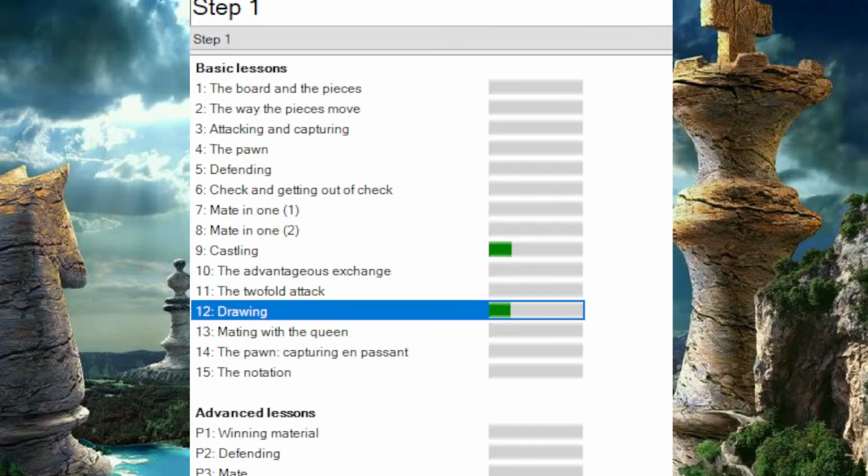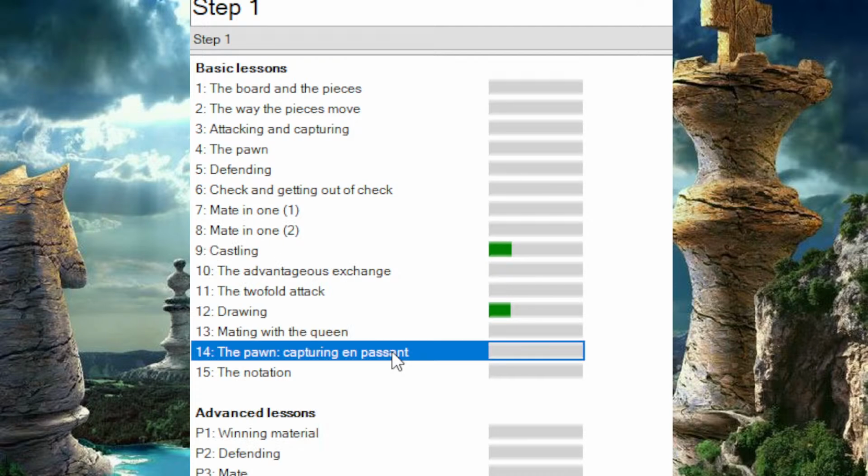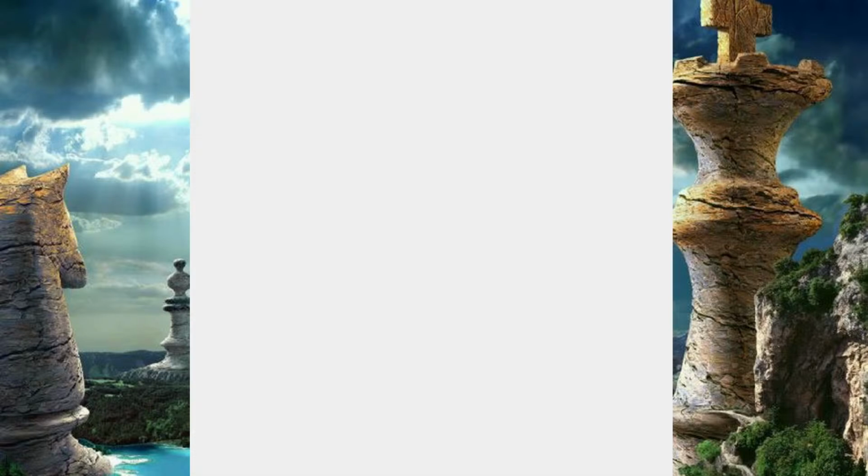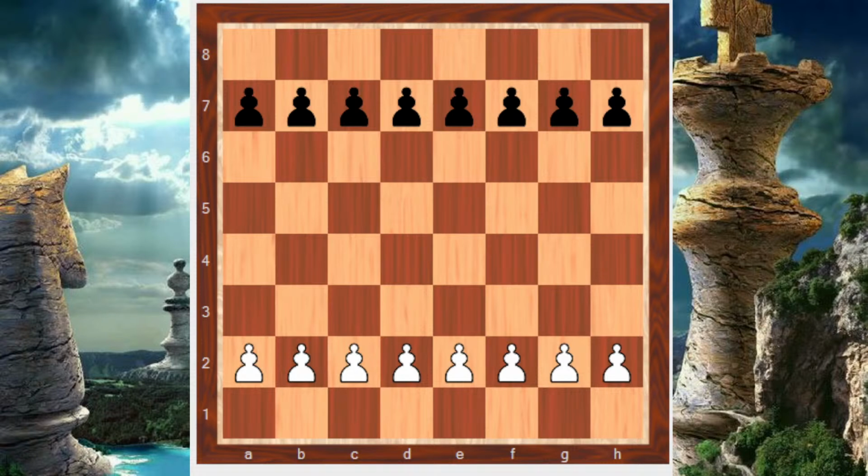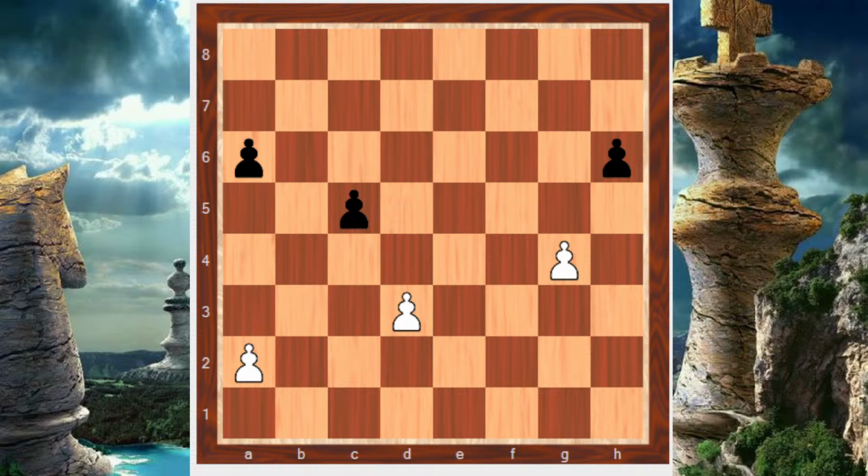I hope everyone enjoyed this stalemate rule. Next we will go to the other chess rule, the en passant rule. Very important chess rule. Everyone must follow this rule when playing. The en passant rule is also one of the pawn rules. Pawn promotion, all of you know about. Every chess player knows pawn promotion, but some people don't know about